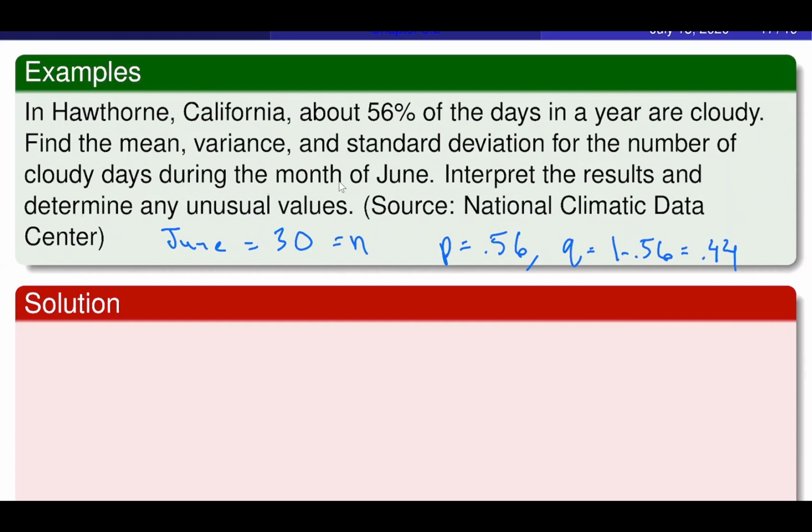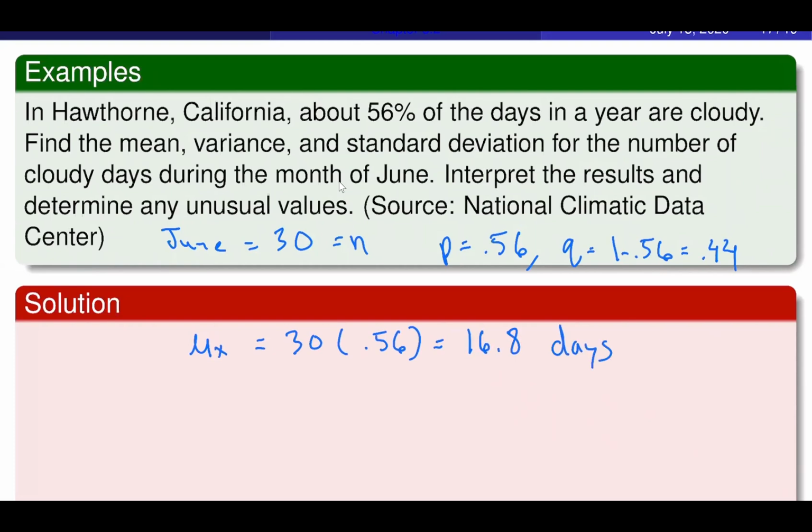All right, so if you look at it, it says find the mean, find the variance, and find the standard deviation. So let's go ahead and find the mean. The mean is equal to n, which is 30, multiplied by 0.56. So I'm going to do that on my calculator. 30 times 0.56, and you get 16.8